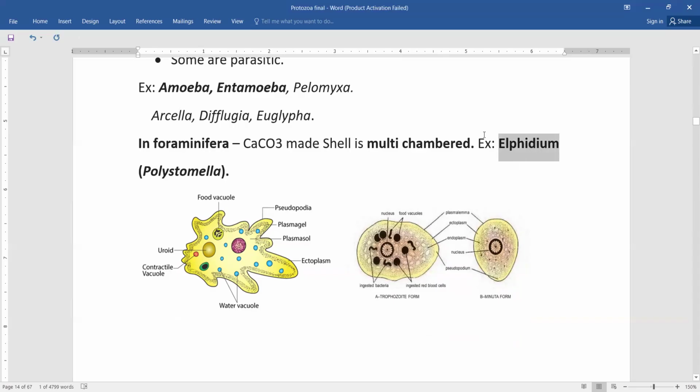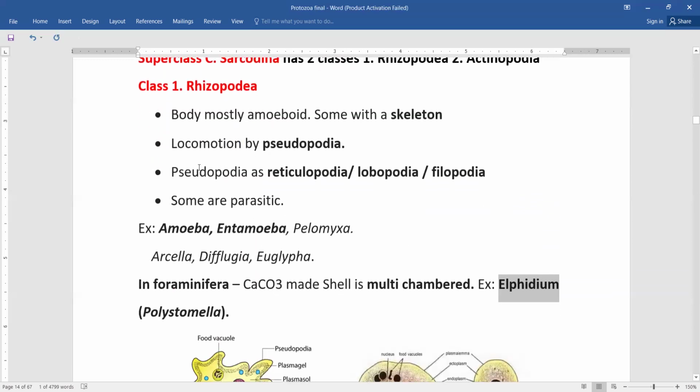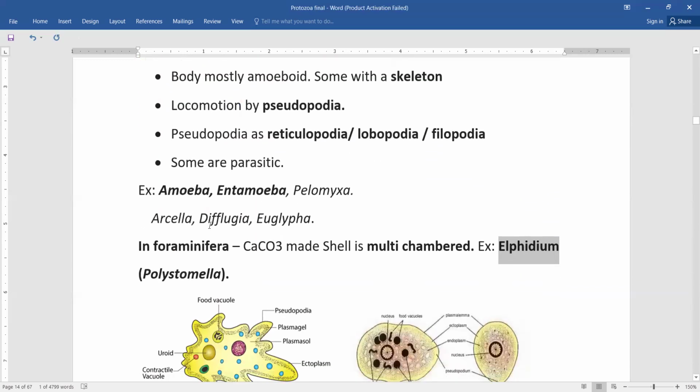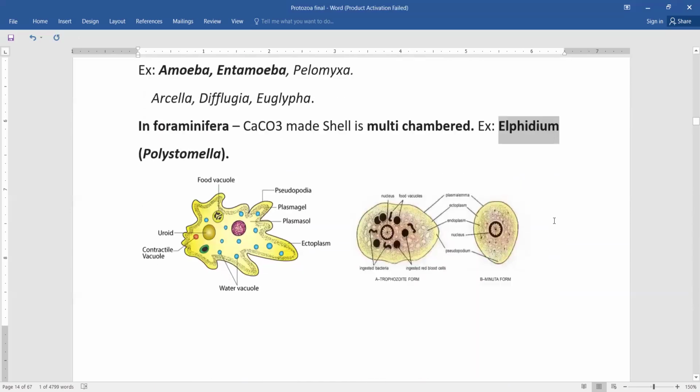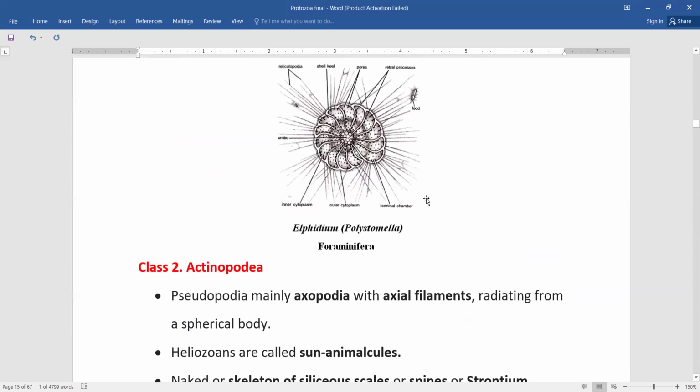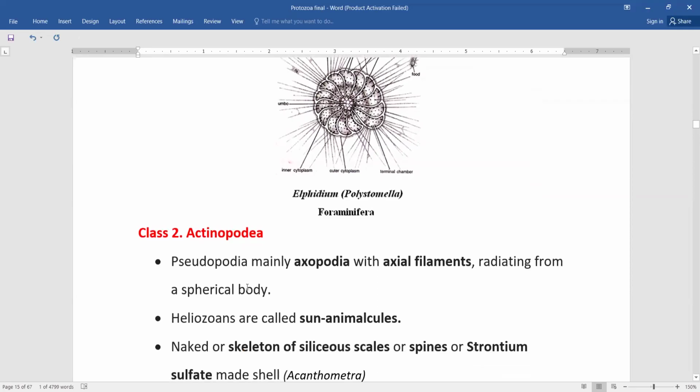Elphidium crispum, we will study it. Anyway, this is about the Rhizopodia: Amoeba, Entamoeba, Pelomyxa, Arcella, Difflugia, Euglypha. Only remember the ones I have ticked. This is Elphidium, which has multiple chambers, and these are reticulopodia type of pseudopodia. And the second class is